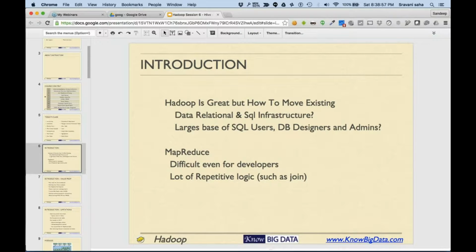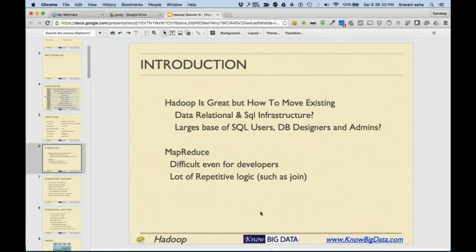A lot of the world's data is actually inside databases, so it's not really possible to move that existing infrastructure to something like Pig or MapReduce, right? Therefore SQL has to be there. All right, that's where Hive comes in.